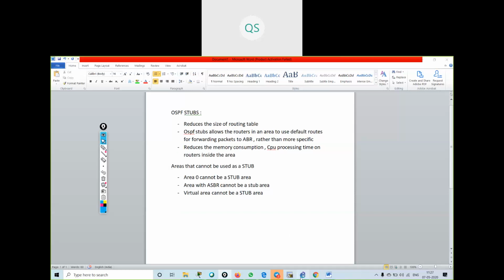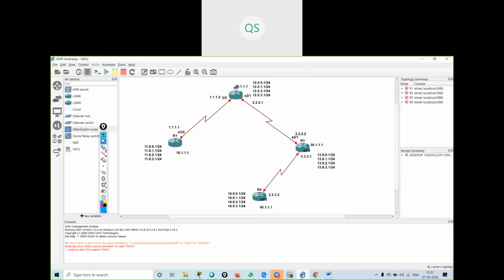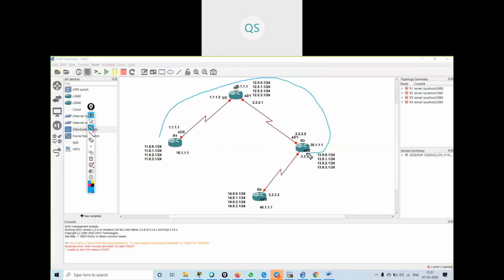So whatever we have seen over here, let me give you the detail again. All these routers, all these interfaces from here will be in area 10.